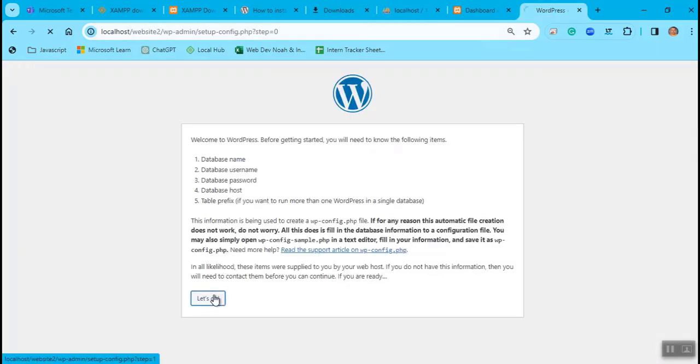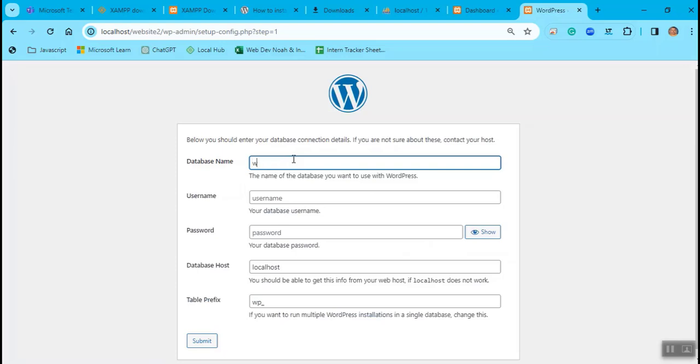So I click on let's go. I call it website 2. The username, I still choose root, password, empty, database host, localhost, table prefix, wp underscore, and I click on